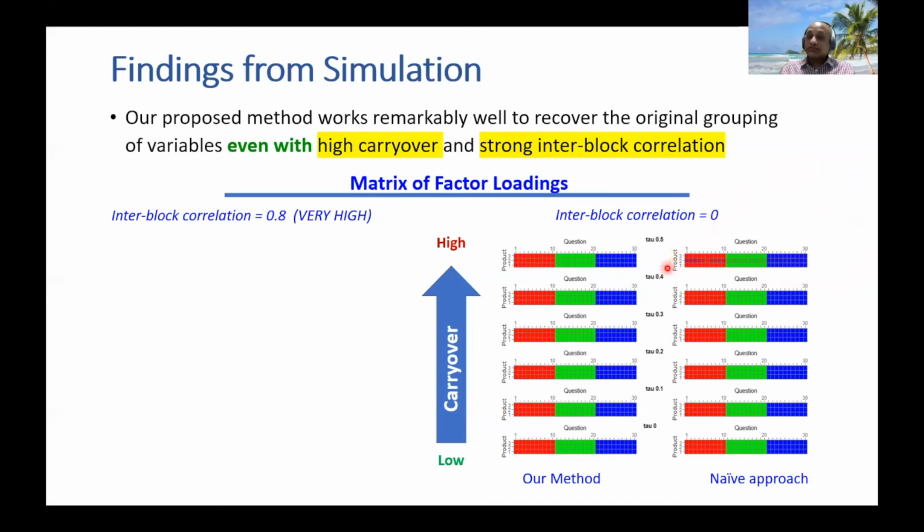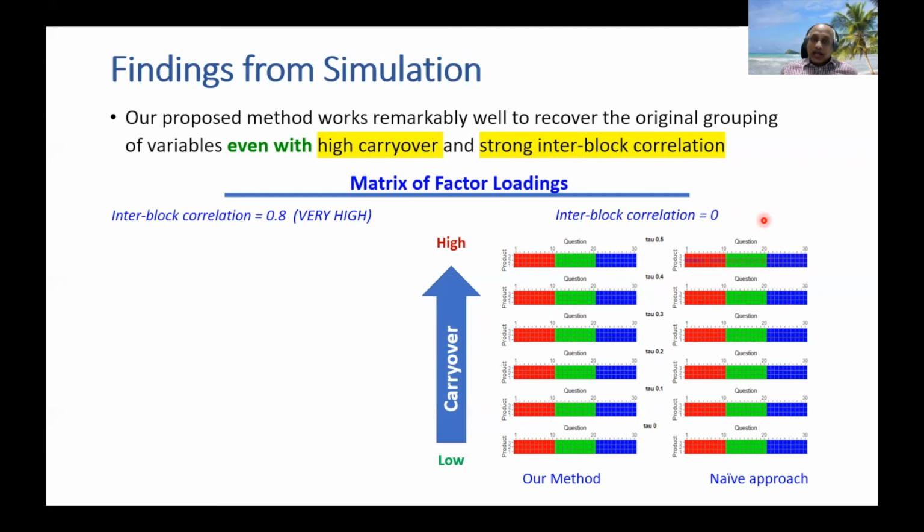It's difficult to notice that from the Zoom meeting, but there is some color bleeding and some different shades of colors in this heat map, which says that the approach didn't really work very well. But overall, both approaches are giving the same results when the interblock correlation is 0.